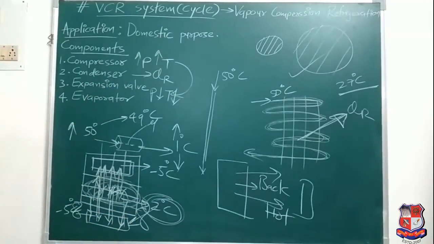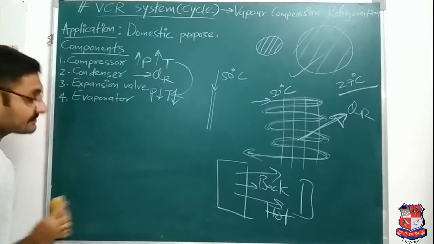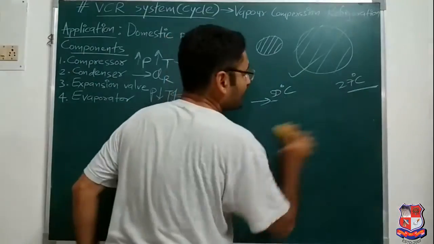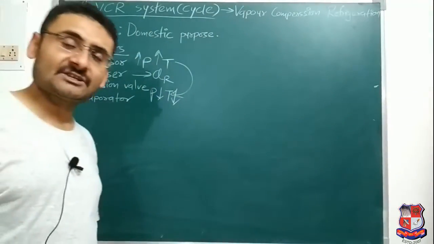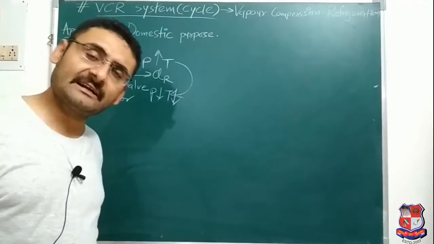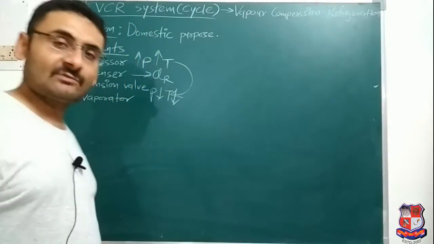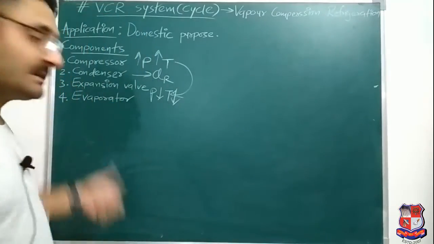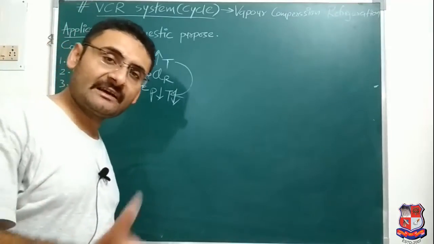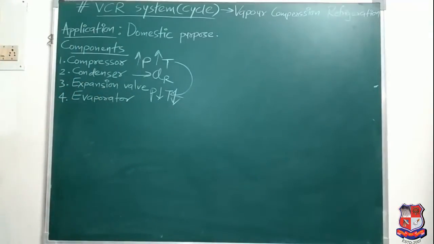The first device, first one is your compressor. What is the use of the compressor? It is such a device which will increase the pressure and temperature of a refrigerant. The next is the condenser. The condenser is such a device in which the condensation process takes place. In the condensation process, what happens? Heat is rejected and low temperature is maintained. In the expansion device, what happens? Opposite of compression. It will decrease the pressure and temperature of a refrigerant. And finally, the evaporator. Evaporator means what? It is such a device which will absorb the heat and maintain the low temperature of the remaining space.